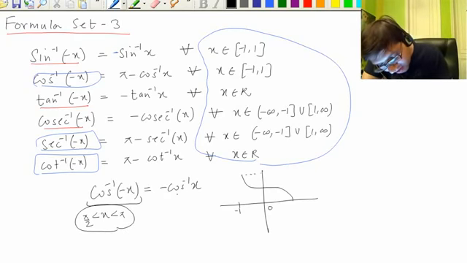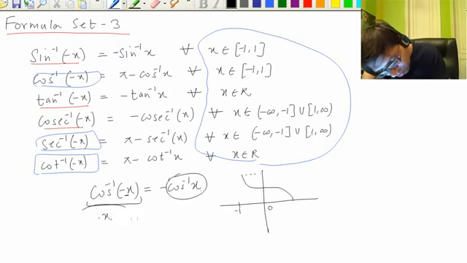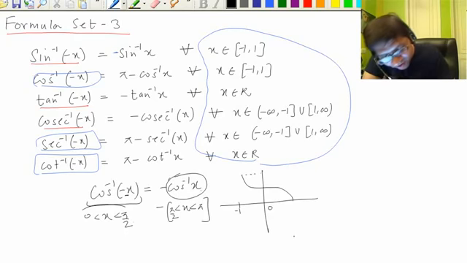But for negative values of x, minus x is positive, so cos inverse of minus x is going to throw an output between 0 and pi by 2. But in this case, when x is negative, cos inverse of the negative value will throw output between pi by 2 and pi, and then we put a negative sign outside. Now how is this possible? The right hand side is negative for negative values because we are putting a negative sign outside, whereas this is positive, so they are not equal.